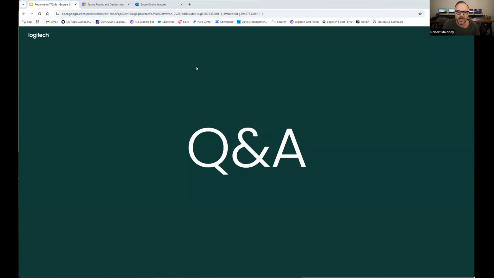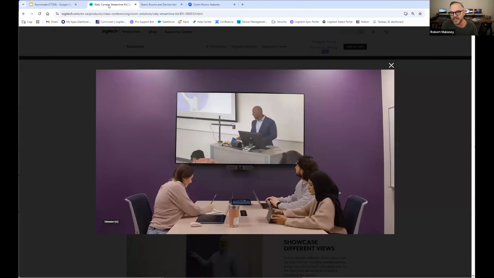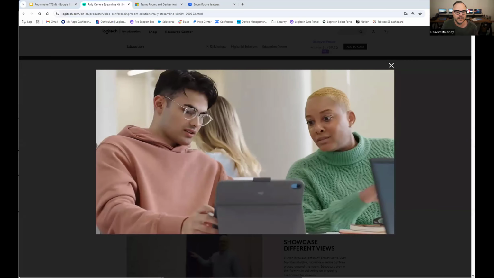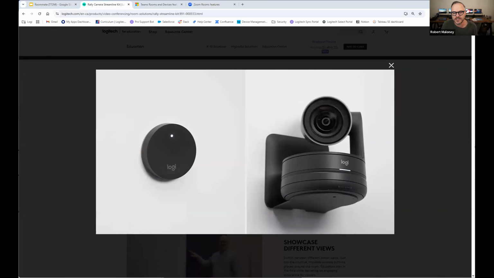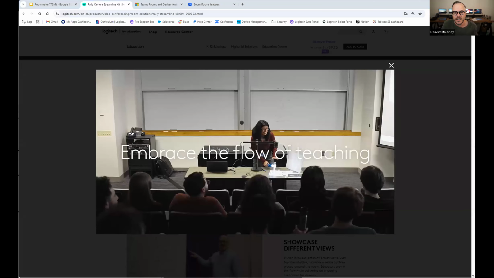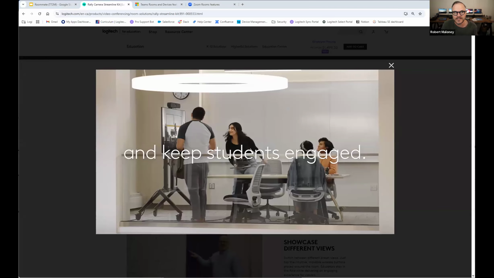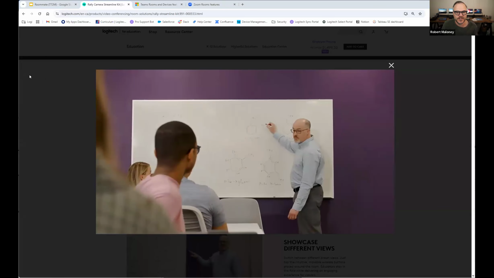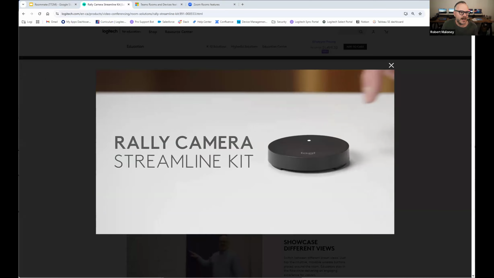So we actually built a product to kind of take the place of those Valens, and it's called Logi Streamline Kit. And you can actually take that and adapt it to your existing Rally cameras. And instead of having to run a USB cable over a great distance, using category cable is really nice. Today,